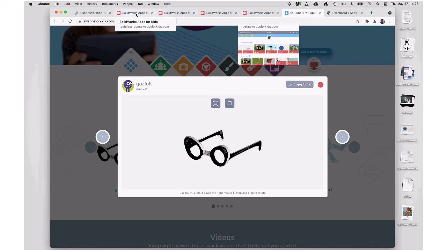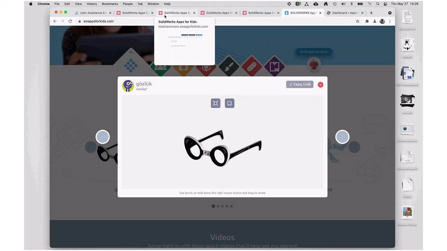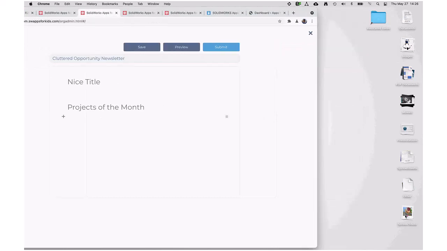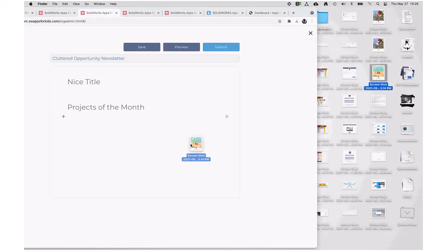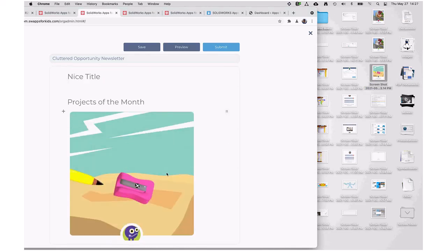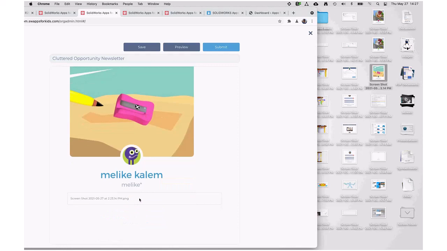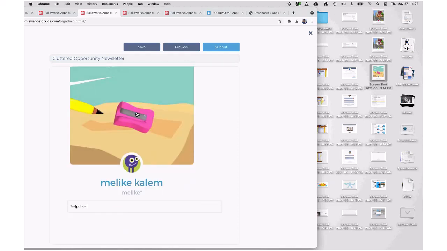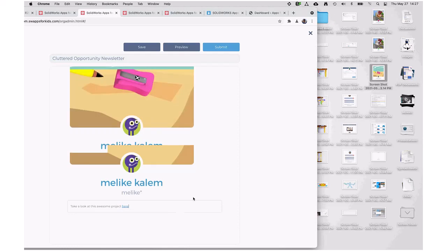to go back to the newsletter, right now, the way that you would bring in that image is to sort of drag and drop the image. Today, the formatting is not working right because it's far too big. But we would write a little note to say, take a look at this awesome project. Yeah. And then we can just click the link and paste it in there. And what that does